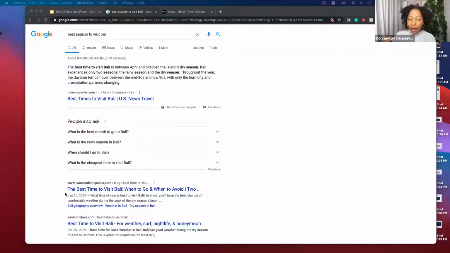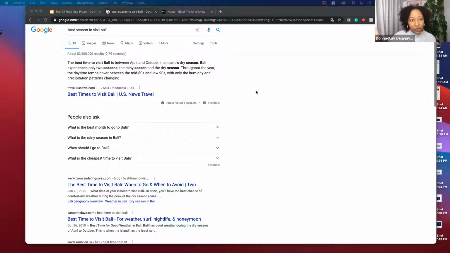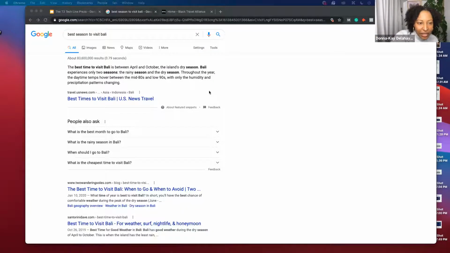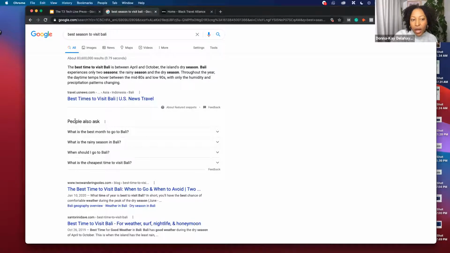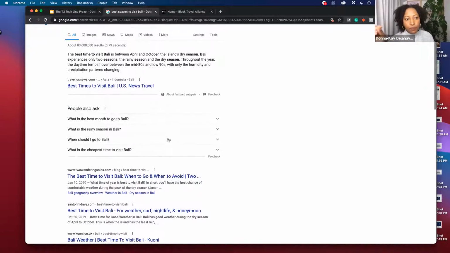You write that in, and then from the 10 SERPs, which is the 10 results that you're going to see, if you see a Reddit or a forum post that's answering it, that means even as a small blogger, if you answer that question in depth, you can rank, because forum posts, some of them are just giving you the bare minimum. But like these people also ask, you can put that in your content. So these are some of the things you can address if you're writing a blog post.